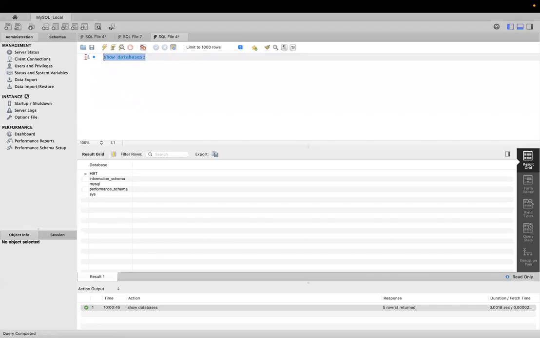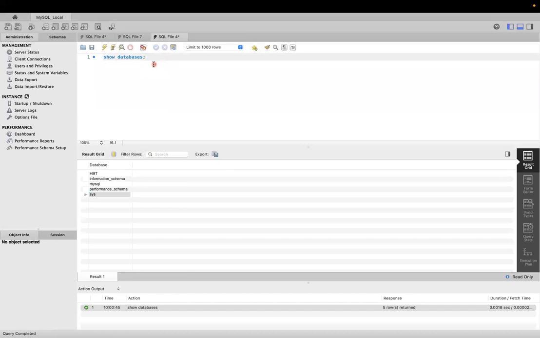So whenever we use this command, it is going to list all the databases of the local instance. Use this command to list down all the databases that are available within the MySQL local instance. These are the default provided databases: information_schema, mysql, and performance_schema, which we get whenever we install MySQL in our